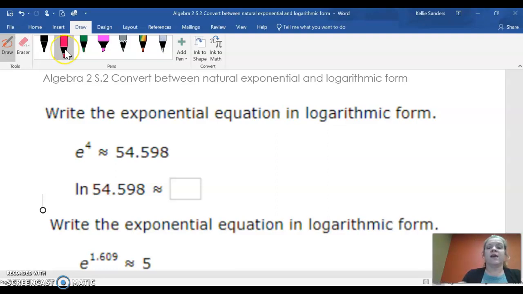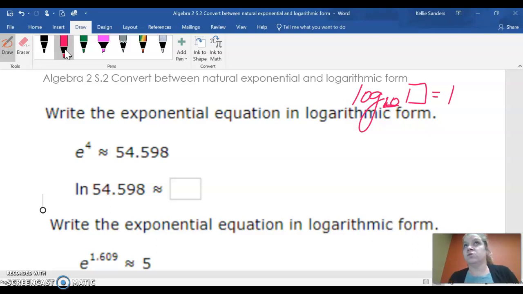Now, if we had a common logarithm, when we had the word log, common log, it's just log, and when we didn't have a base here, and we had another number, like 1 right there, okay? When we don't have a base, it's understood to be the number 10. If you have a natural log problem, a natural log equation, you should never have a base because it's understood to be the number, and yes, I said that correctly, number